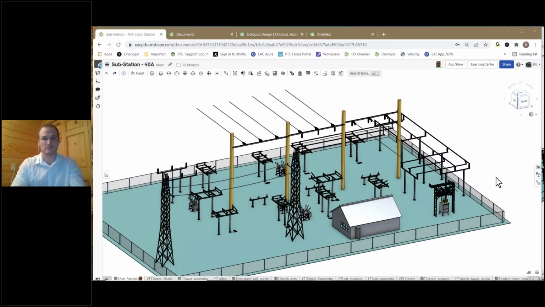So with that said, let's dive into the case study and understand FHE's current state before switching to Onshape. Just to provide a quick summary of where they were at, FHE wanted to come up with an alternative, more efficient and safer method for the oil and gas workers when it comes to hydraulic fracturing, otherwise known as fracking. According to OSHA, 3 out of every 5 fatalities in the oil and gas industry are the result of, quote, struck by, caught in, and caught between hazards, including being hit by moving vehicles, falling equipment, and